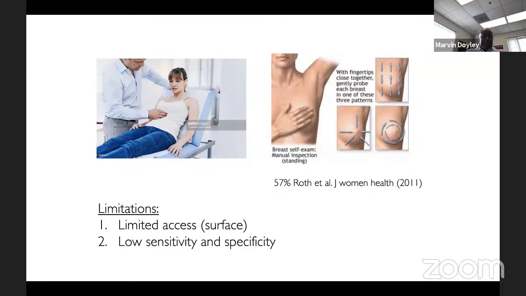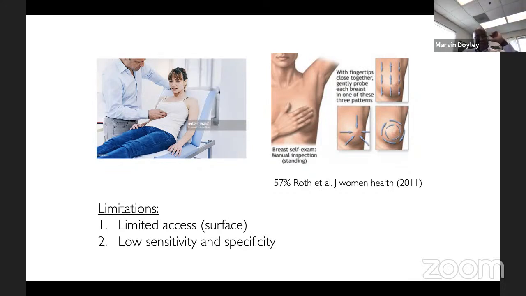So the question becomes, if it's that great, why are we trying to make a new imaging modality to do better than this? Well, the reason why we spend a lot of effort, and I think the field is a little bit over 20 years old, is that even though palpation is very successful, it has some really serious limitations. One of the main limitations is that if there's an abnormality, it can only detect this abnormality if it's very close to the surface. So for tumors that are very deep within the body,